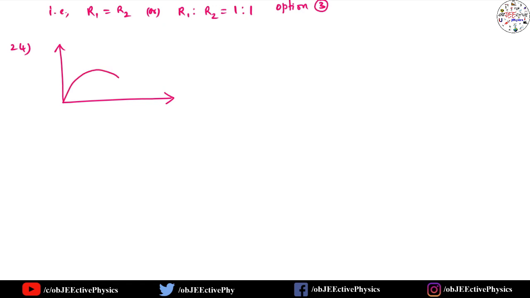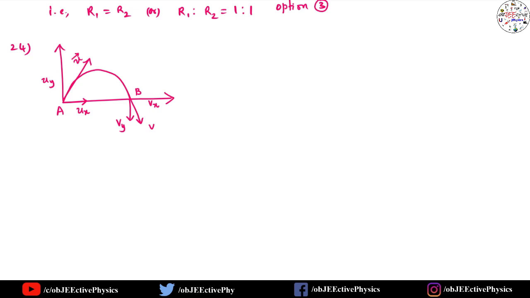In this diagram, point of projection is A and point of return is given B. Point of return is B. So, at B, if we can draw a tangent, this is V, vertical component Vy and horizontal component Vx. At the point of projection, horizontal component of velocity Ux, vertical component of initial velocity Uy. This is initial velocity vector.